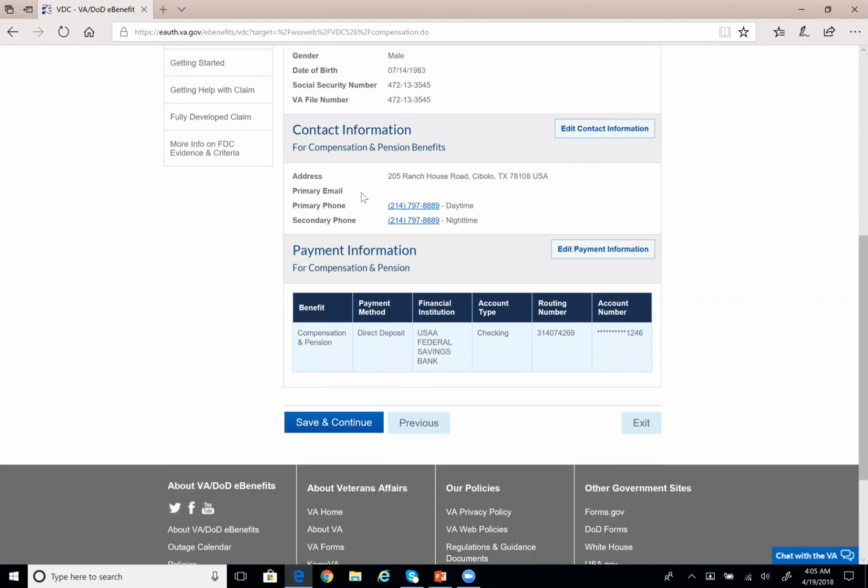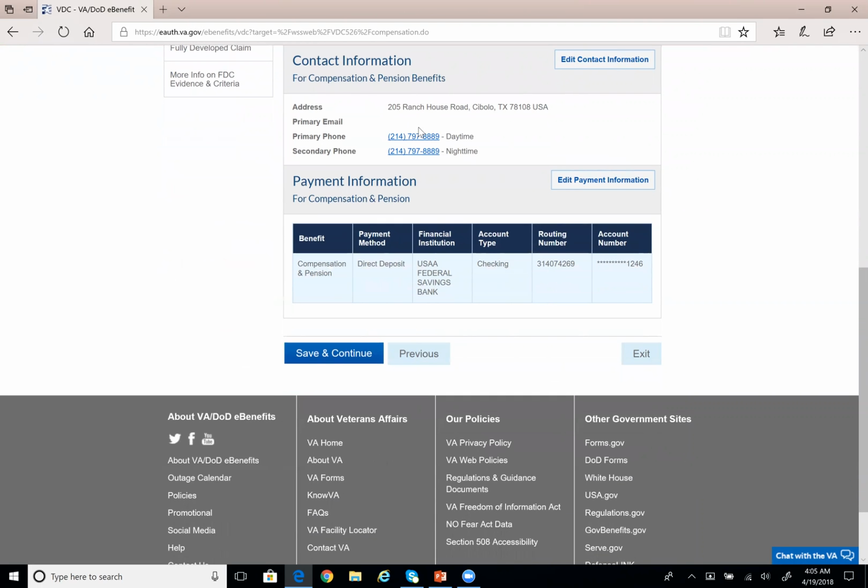Okay. Fill in your basic information. Contact information is crucial here. Make sure this is correct. You've got to have your correct home address and your phone numbers here. The reason is that this is where the VA is going to schedule and send all information related to your claim. If you're moving, I recommend you put your new address here, or at least make sure your forwarding address is correct. The other reason this address is so crucial is that if and when the VA schedules you for C&P exams, compensation and pension exams, you're going to want to